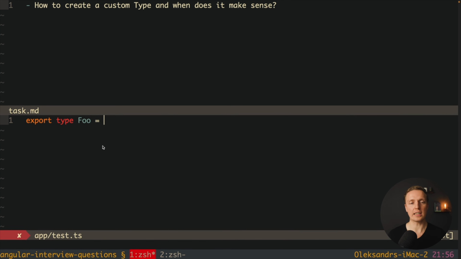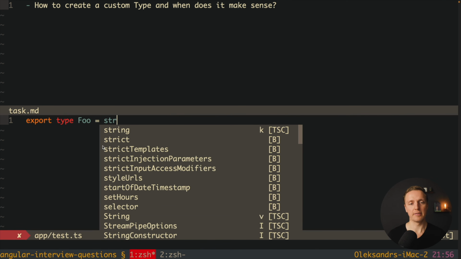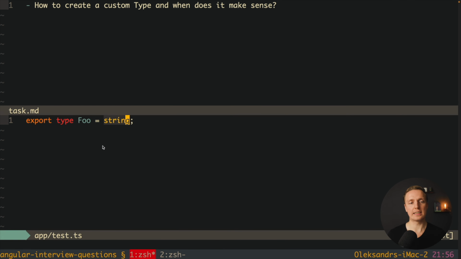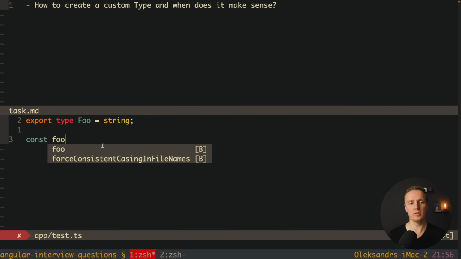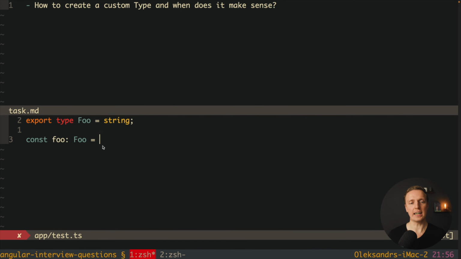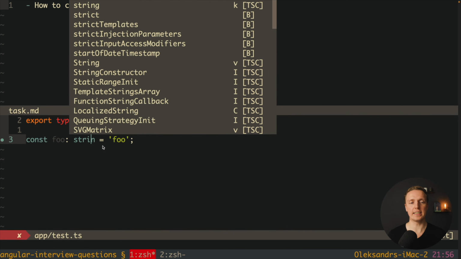And here we just assign some data type, for example a string. What it does, it creates a new type foo, which we can use, and it is a type string, which actually means here I can create a property foo of type foo, and here I can simply assign word foo, which actually means this code is exactly the same like assigning here a string.